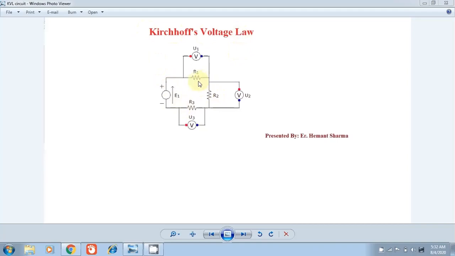If we want to solve this circuit by using Kirchhoff's voltage law and find out the voltage across each resistor, we connect a voltmeter in parallel with each resistor.